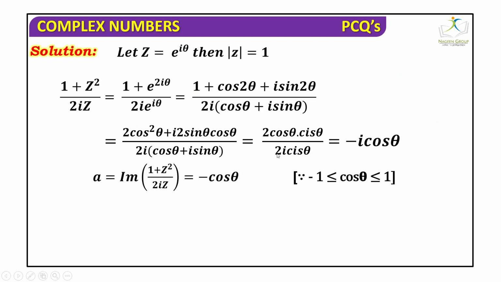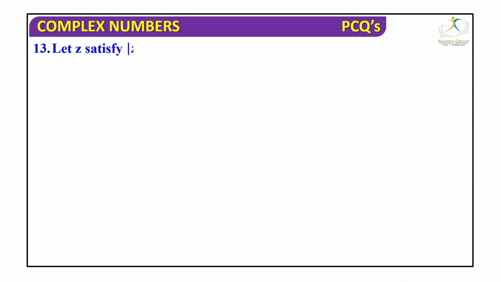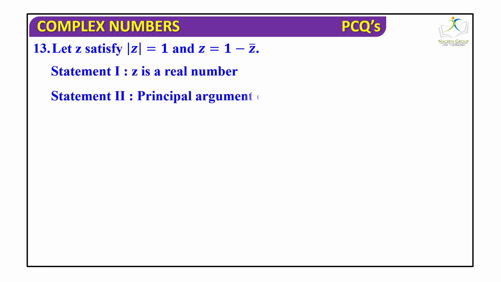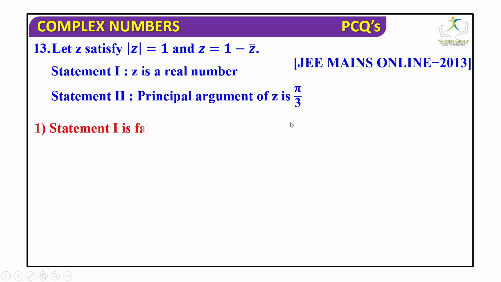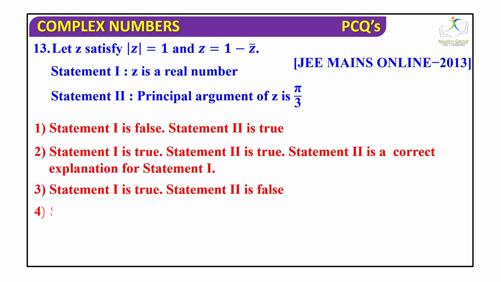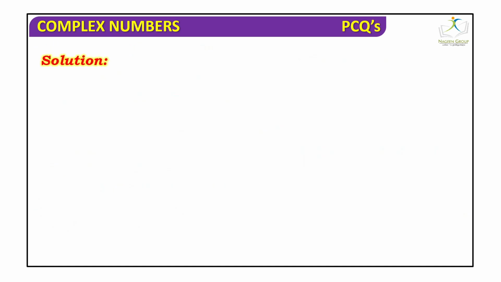Imaginary value of this equal to minus cos theta, and we know cos theta is between -1 to 1. Now let z satisfying modulus of z equal to 1, and it is given z equals 1 minus conjugate of z. Now the statement is: z is a real number, principal argument of z is pi by 3. Okay, now from here, these are the options. From this what we found: modulus of z equal to 1 and z equal to 1 minus